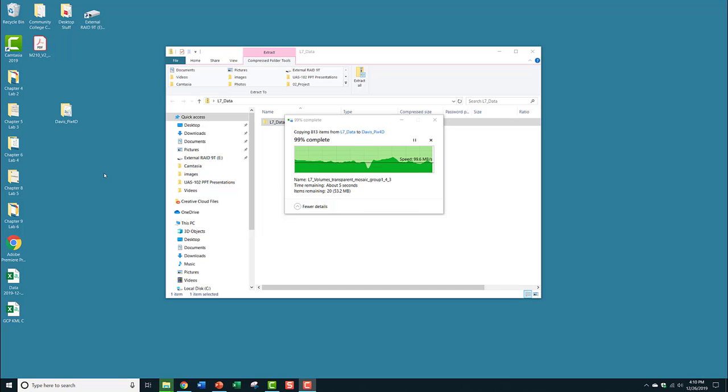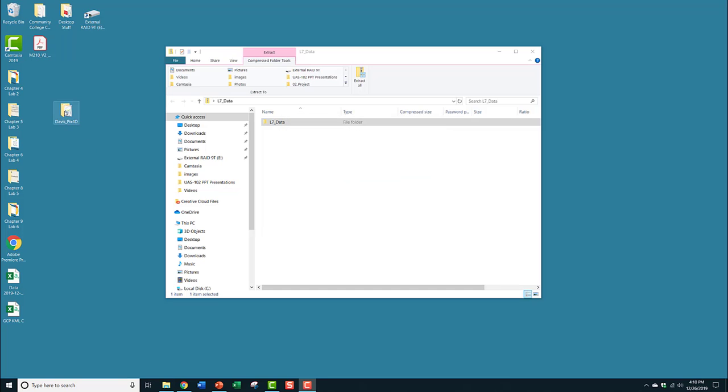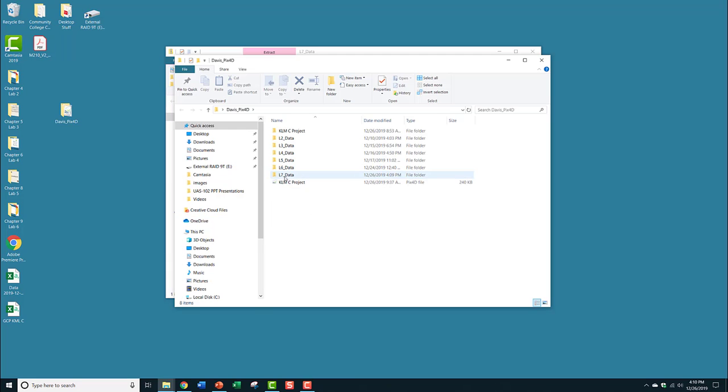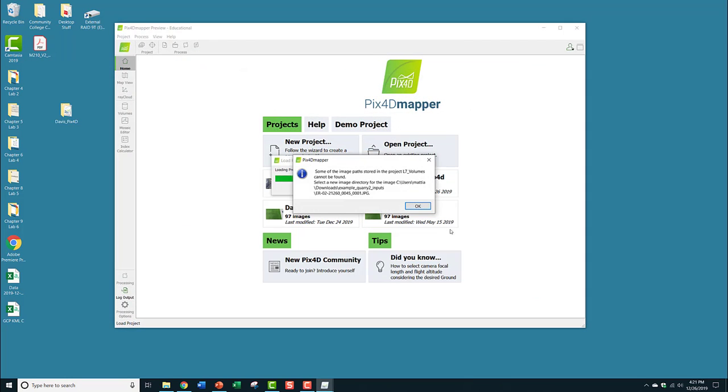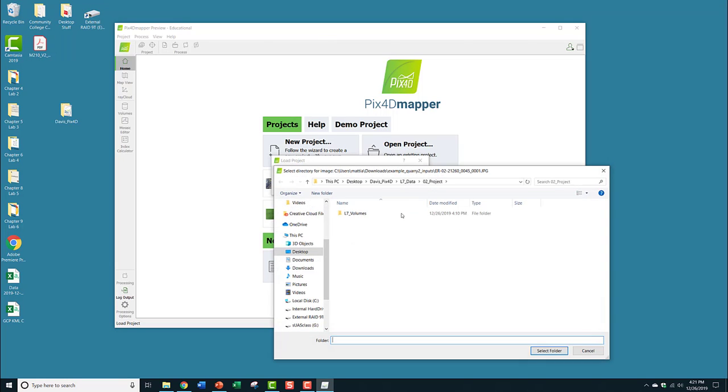Once this is complete, open up your folder and go to the L7 data folder that you unzipped. Go over to the 02 project under L7 data and find the Pix4D file. We'll double click on that to bring up Pix4D. And as before, in the previous chapters, if it cannot locate the images, it will tell you just like this one. What you'll do is go over to your Pix4D folder under the data in the projects,